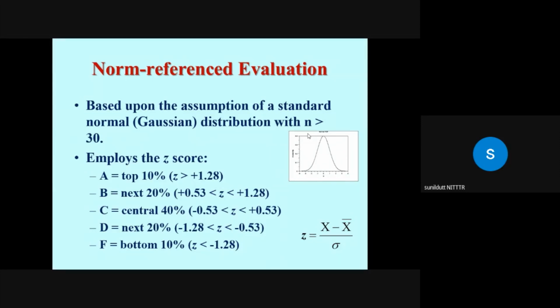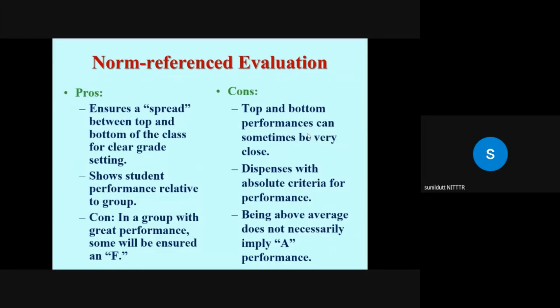So based upon the assumption of standard normal Gaussian distribution with n more than 30, you will follow the normal probability curve. So this employs the Z score, that is top 10% will get A grade, next 20% will get B grade, next 40% will get C grade, next 20 will get D, and the last 10% would get the F. So again, there are certain arguments in favor of norm reference evaluation, and certain arguments you see against